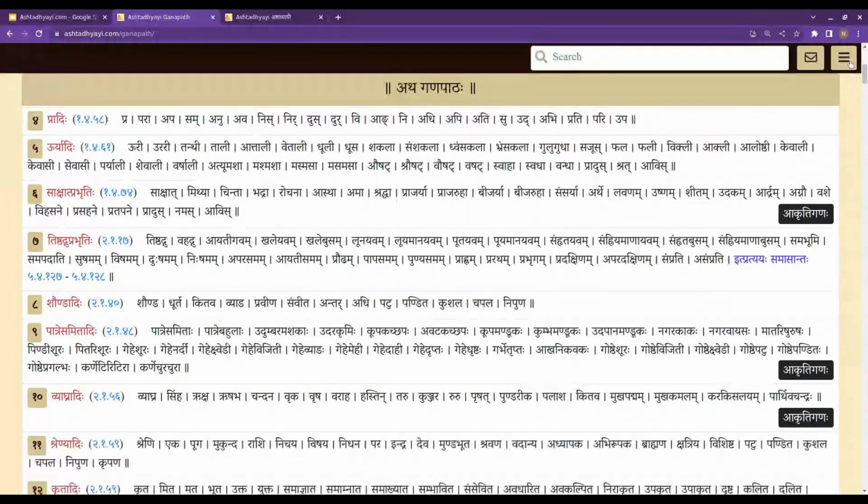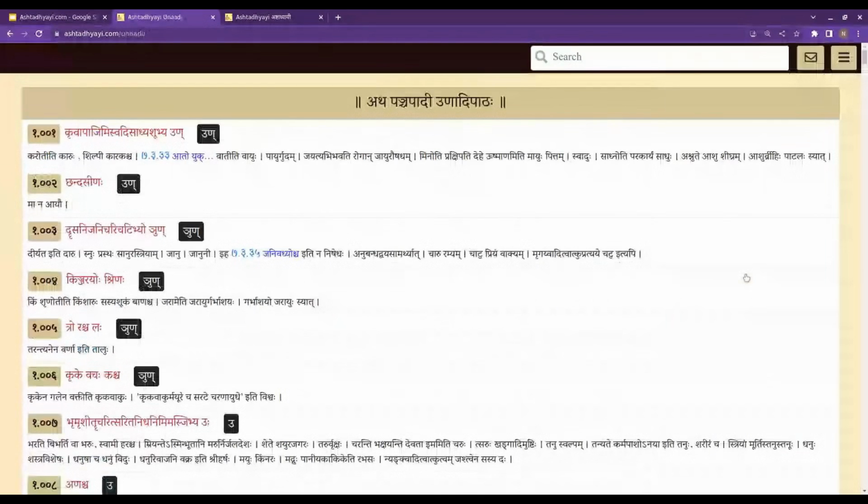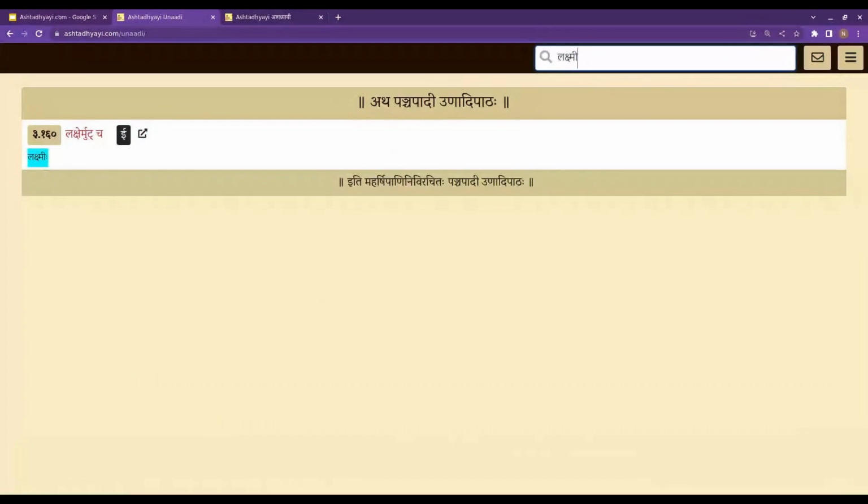Then we have Panchapadi Unadipathaha, a collection of various sutras specifically used to find the vyutpatti, etymology, of various words. We can use the search bar to locate the words and find out their derivation. For instance, searching for the word Lakshmi gives the sutram Laksher Mut Cha, thereby informing that the word Lakshmi is generated from the Laksha dhatu using the E pratyaya, and a mudagama happens in the process, giving Lakshmi as the